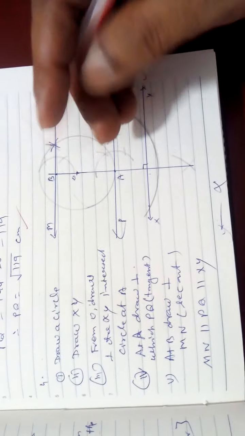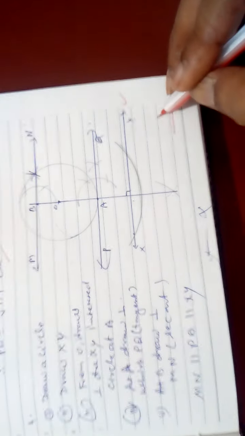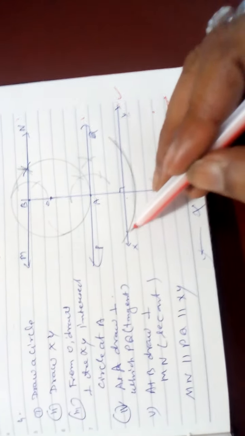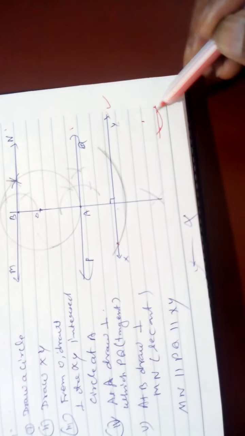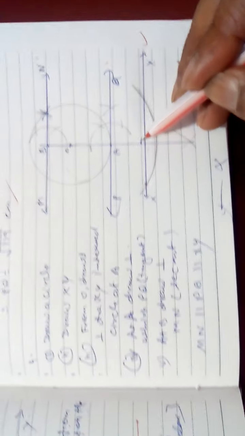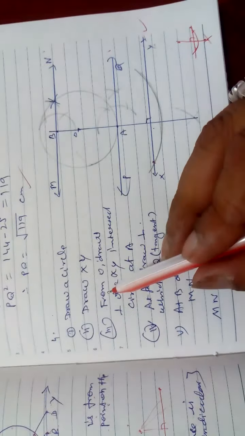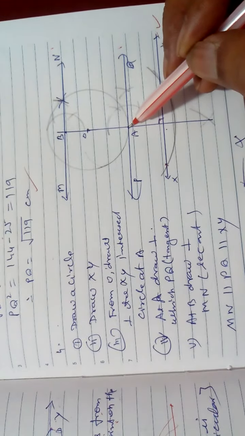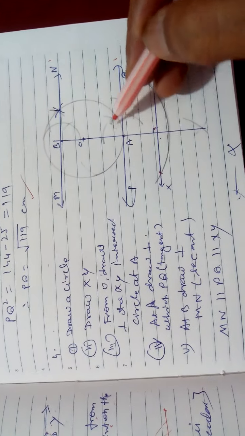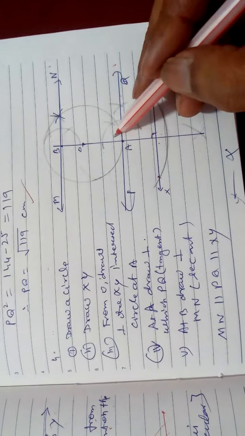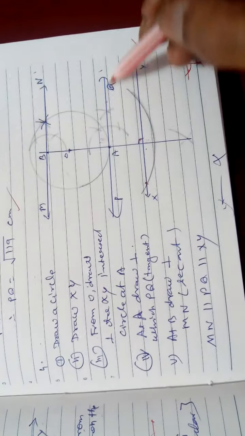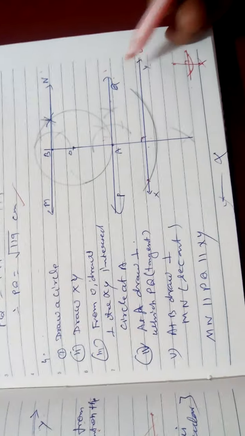Then take a compass and, by the 6th standard method, draw a perpendicular from an exterior point, like this I have drawn. Here you see O to two points. Then from these two points I put the compass and mark the perpendicular from the exterior point. I am getting a 90 degree line which intersects the circle at A. At A you draw a tangent at 90 degrees, then it will be parallel because corresponding angles are equal. So at A you draw a 90 degree angle by compass, you will get PQ which is a tangent and it is parallel to XY.